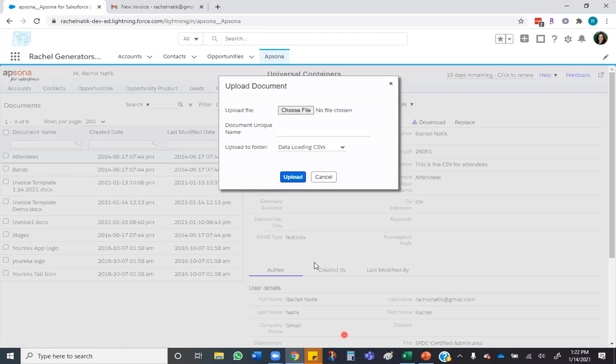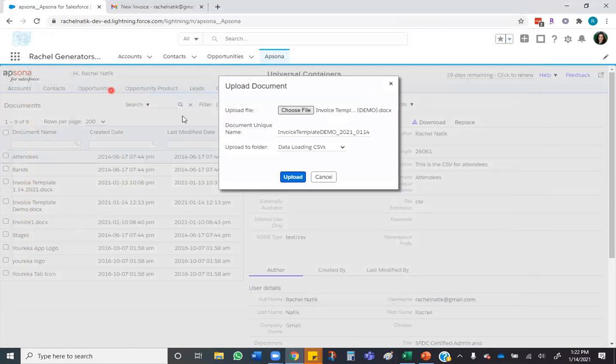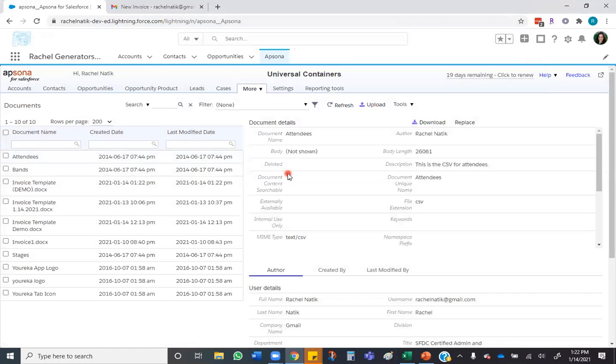And we're going to select that file that we just created today. I'm going to choose the folder that it goes into. Side note, you are not able to create the folders directly in Lightning. I already had these folders created from Classic days. Alrighty, so my template is now loaded, and we're going to go and create that email